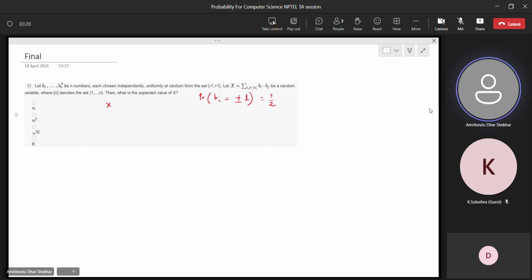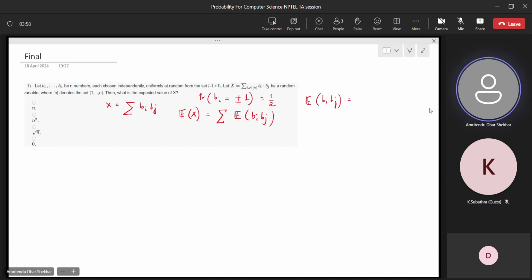Right, now x is another random variable. x is equal to the sum over i, j of bi bj. They ask you what is the expectation of x. So expectation of x is equal to the sum over i, j of expectation of bi bj. So what is the expectation of this term? So expectation of bi bj